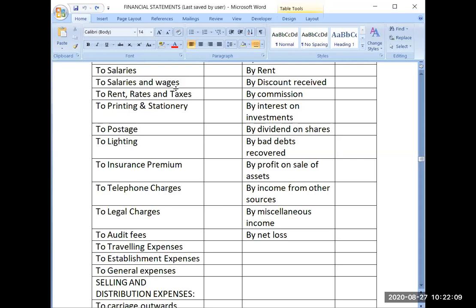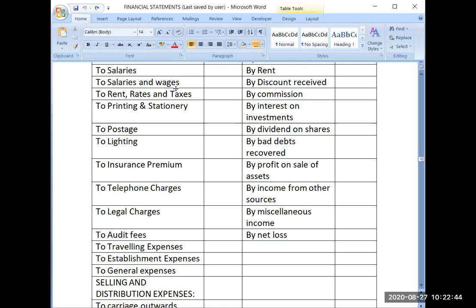That's why it is written in the profit and loss account. If we reverse it, then wages become the major part and it goes to the trading account. I hope it is clear. Rent, rates and taxes. Rent, you all know: if we have hired any property for our business, for our godown, or for any other business purpose, then we will be paying rent. Taxes, you all know, are whatever amount you are paying to the government. Rates are also a type of taxes.